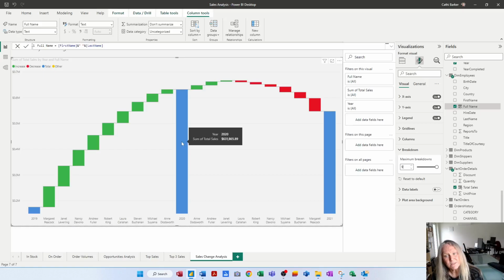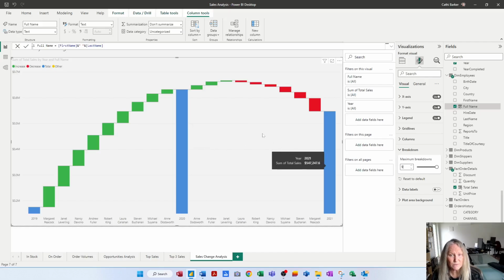But the reason there was a decrease down to 547 in 2021 is some of these employees had an increase, Anne, Andrew, and Janet, but in fact, Laura, Robert, Nancy, Michael, Stephen, and Margaret, being the largest drop, had a